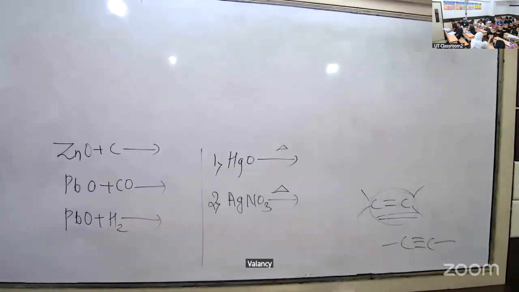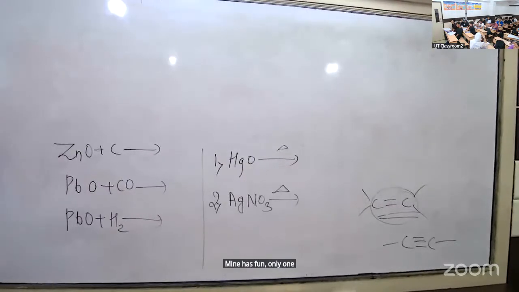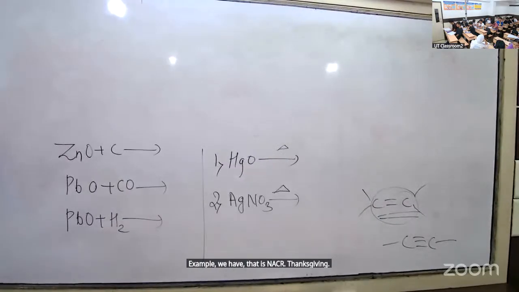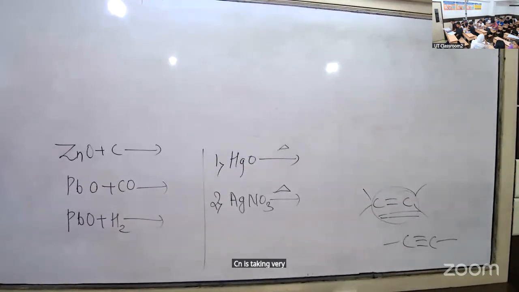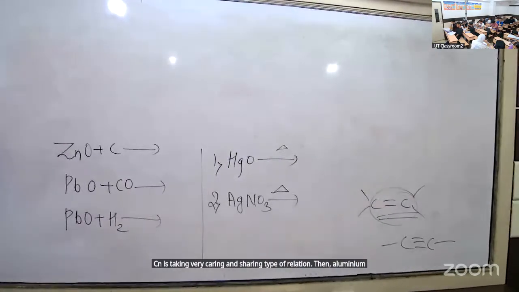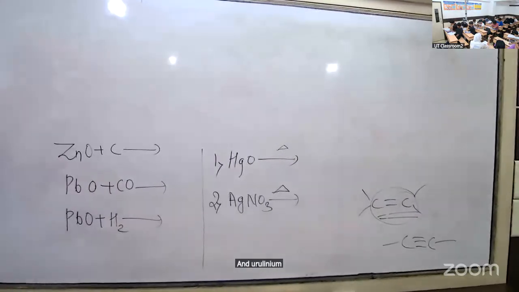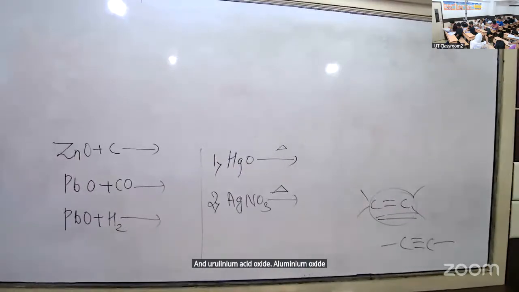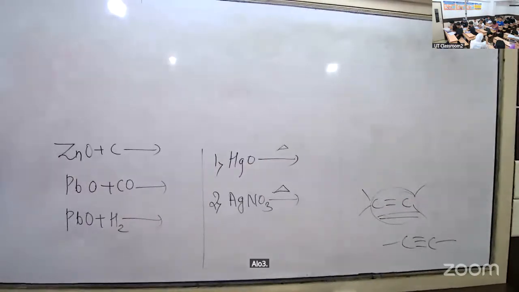What is the requirement of electron for chloride? Valency is -1, only one electron is required. Example we have NaCl, where Na is giving, Cl is taking, a very caring and sharing type of relation. Then aluminium as its oxides. Aluminium oxide example is Al2O3. Then zinc,